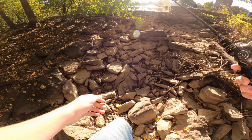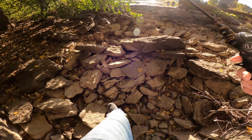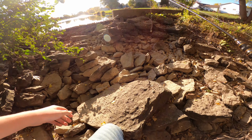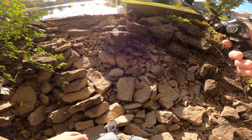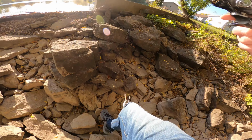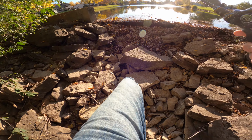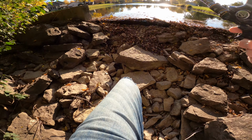No bites, 0 to 0. 0 fish for the Christie Craw and 0 fish for the Krackin Craw. I really wish I would have done this in summer, but I had it on my list of things to do before the year ends, and this is probably my last chance. So